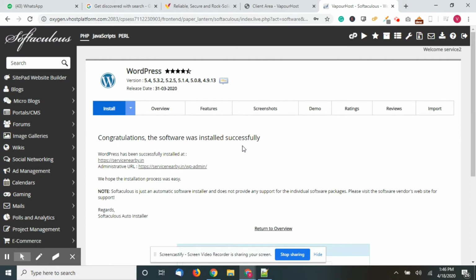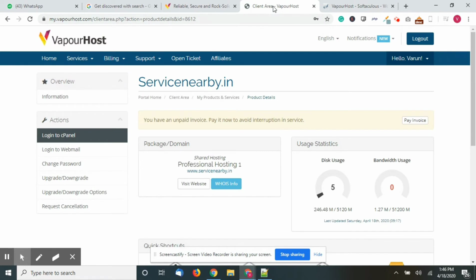So now the next thing you have to do is connect your domain to this particular hosting. To do that, just go to client area again, which will be in the left tab which you just used, and log into cPanel.